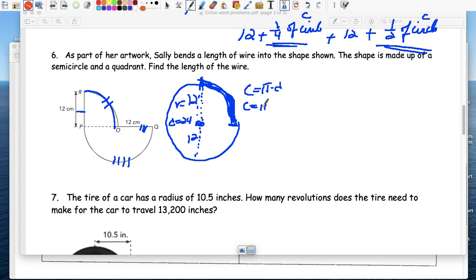C equals pi times the diameter, which is 24. Let's give us a number. 24 times pi. Enter. We're going to get this number here, 75.40. Well, actually, let me not round again. So I'm going to round the final. In my calculator, your calculator as well, you're going to get